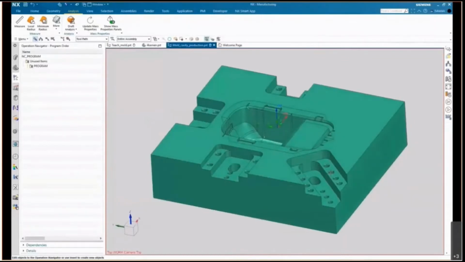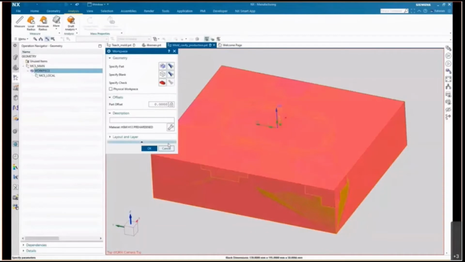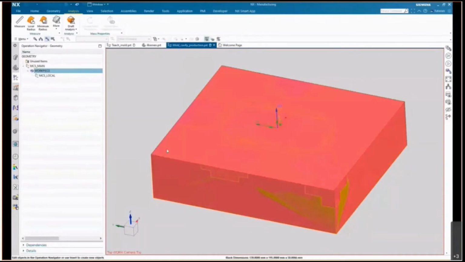It's slider open pockets and closed pockets with some holes in there. You see M5 holes, M6 holes. No operations defined yet, no tools defined yet. The only thing I defined before is my workpiece, so my parts to be cut and my blank material.